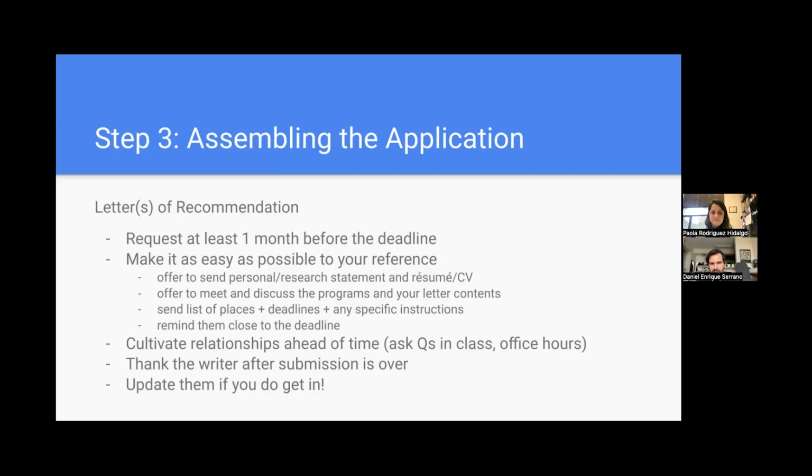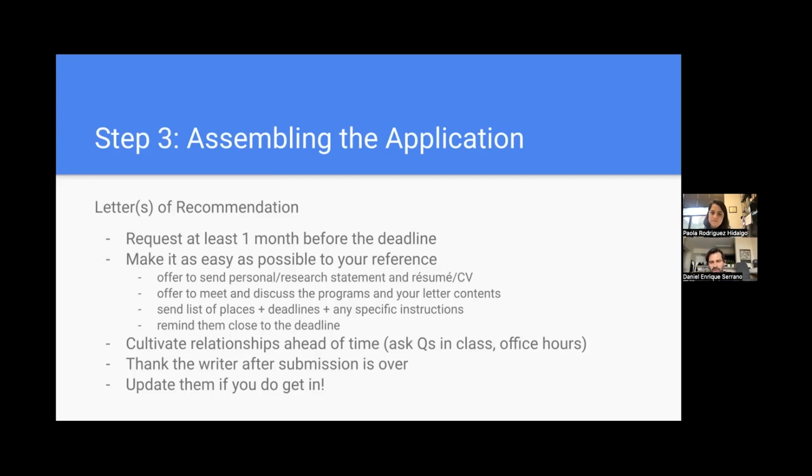Definitely, I think this is a very useful one. Send them a very concrete, easy to read list of the programs that you're applying to, the deadlines, and whether there's a specific instruction on how to submit the letter. Some of them will be asking to send the letter by email, but some of them will actually be asking to log into some system to submit the letter. So it should be your homework to make it easier on the reference letter writer to tell them, you know, this letter is going to be submitted by email.